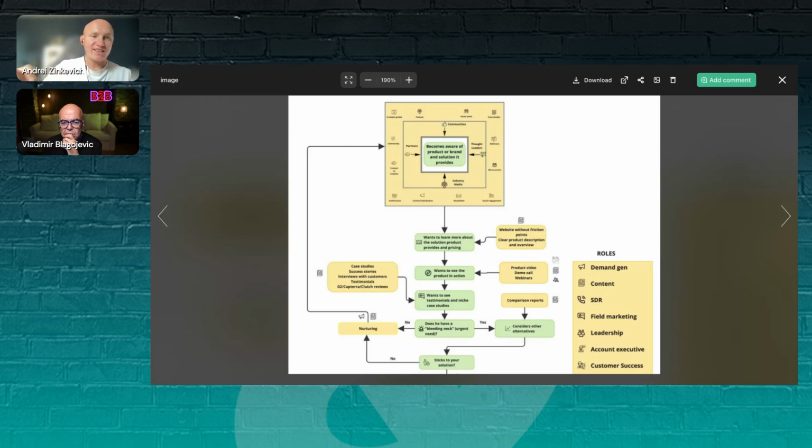And when you understand their jobs to be done, it is way easier to come back to the awareness stage and think about what content, aside from just talking about my product, I can create that is aligned with the jobs to be done of my target buyer persona, with their needs and their daily challenges. Then that content can be helpful and valuable for them, and could attract their attention. This is actually how awareness is created, right?